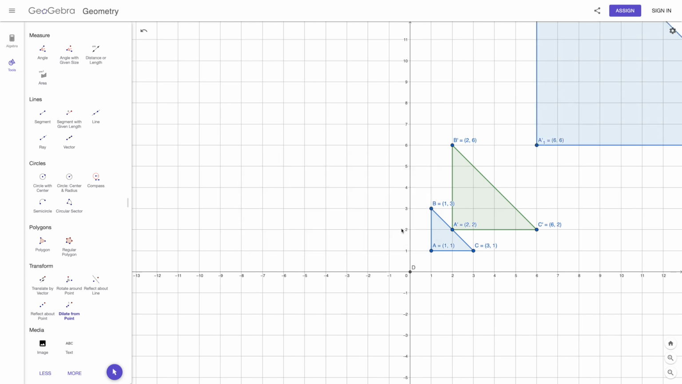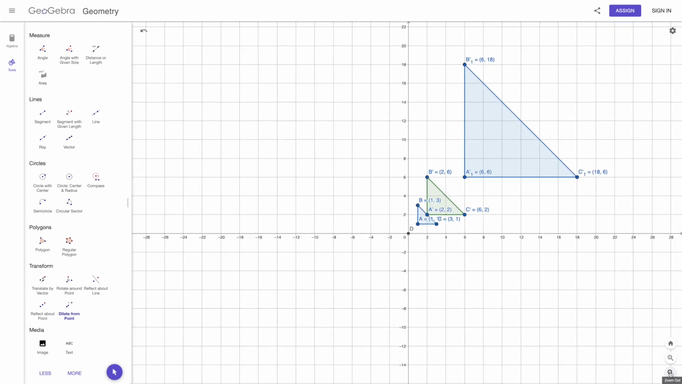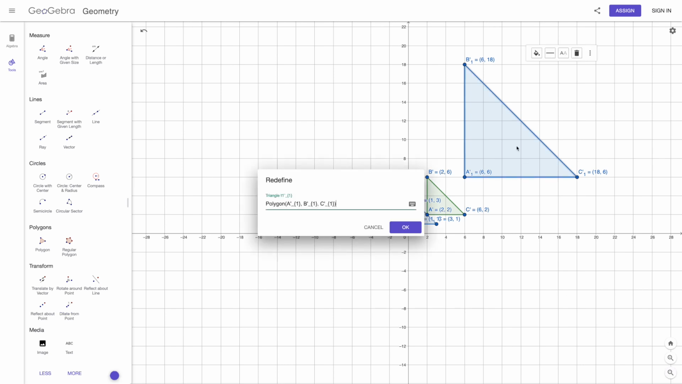All right, and as you can see, my polygon is off my viewing space. So I'm going to zoom out a little bit just so that I can see. There we go. And if I look at the coordinates, I can see how it has changed, because with the factor of 6,